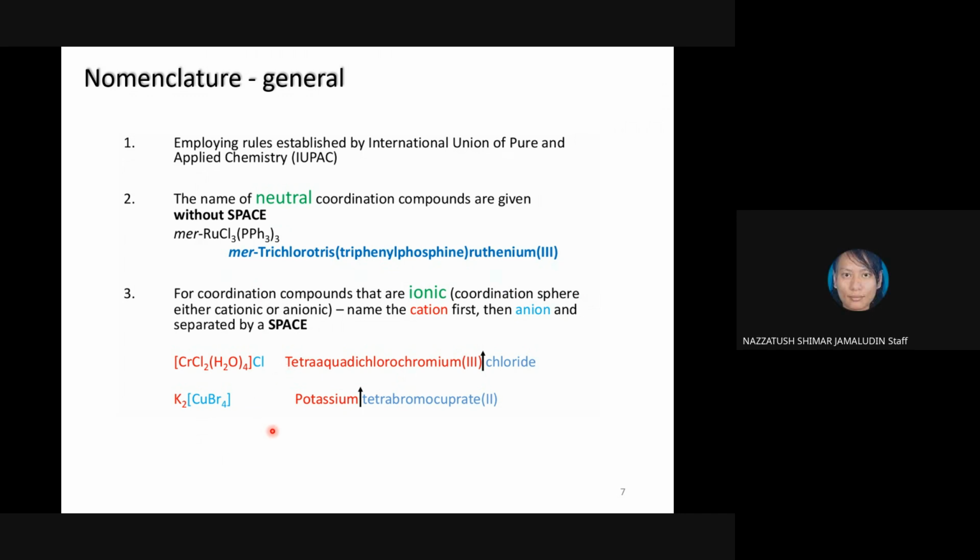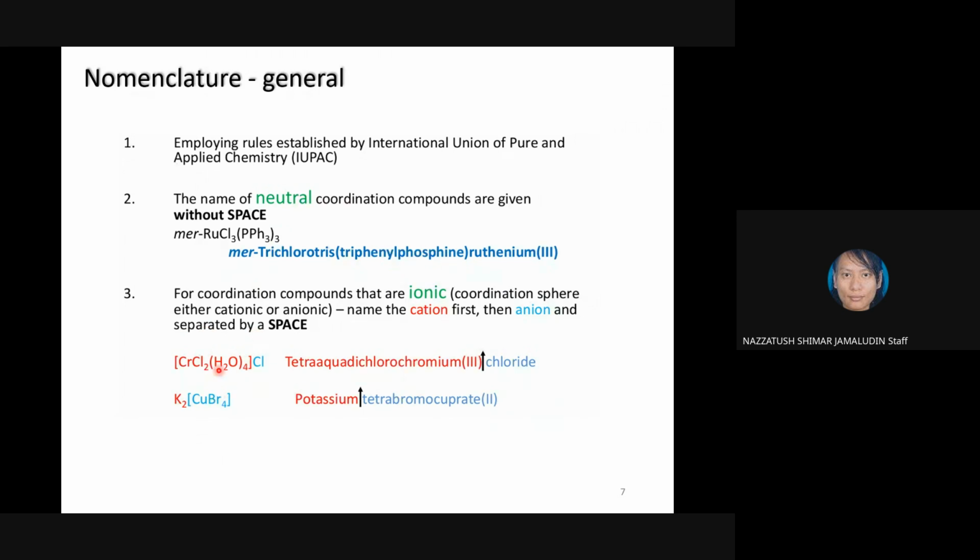Yes, doctor. Okay, good. When you arrange the name of the ligand when writing nomenclature, you have to look at the first alphabet of the ligand, not the first alphabet of your prefix. Okay, so remember this. So that's why we put aqua first. It doesn't matter whether the prefix is a penta, a tetra, or whatever. So don't go with the prefix. So the name is going to be tetra aqua dichloro, chromium,